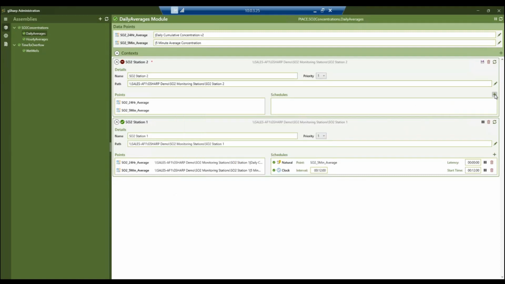I add a schedule for that one. Again, we'll just do a natural schedule on the input tag. And so we'd go through all 5 stations. Now, one of the things that we will be looking to ship with the first release, and something that we're